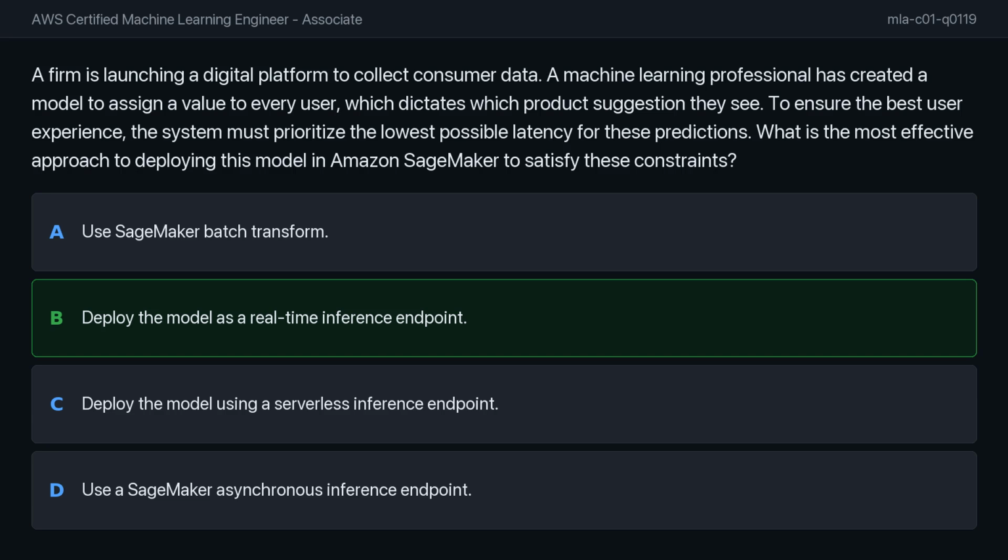As for the other choices, SageMaker Batch Transform is intended for large-scale offline processing rather than individual user requests. Asynchronous inference is specifically designed for long-running inference tasks or large payloads where a synchronous response is not required. Finally, while serverless inference is cost-effective for intermittent traffic, it introduces cold starts. These pauses can significantly increase latency when an endpoint is invoked after being idle, making it less suitable for scenarios